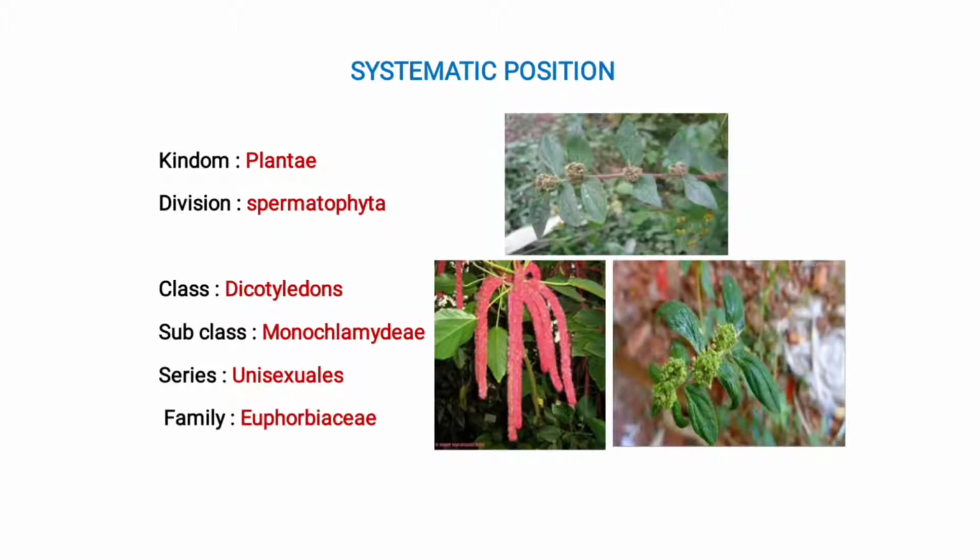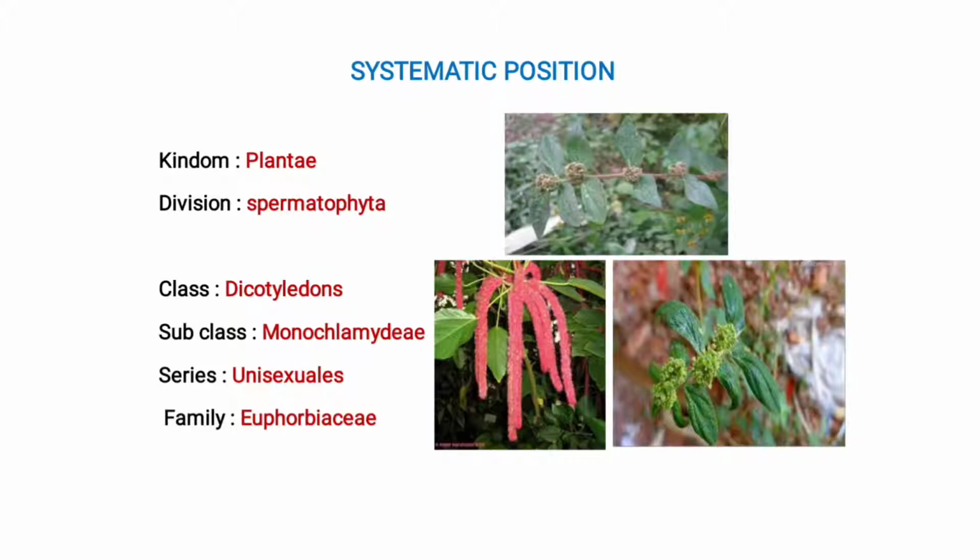Kingdom Plantae: the mode of nutrition is autotrophic, it means they make their own food. Their cell wall is made up of cellulose, and the plants show only movement of parts, they have no locomotion. Then the division is Spermatophyta. In this division, the plants produce flowers during the whole life cycle. The sex organs are multicellular. After fertilization, the ovule turns into seed. It means seed formation occurs in this division of plants, along with embryo formation.